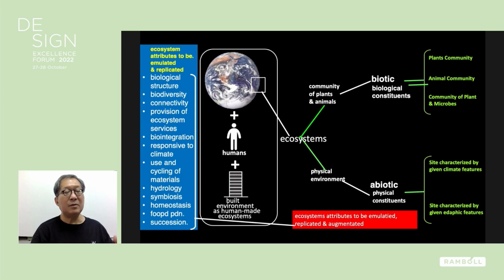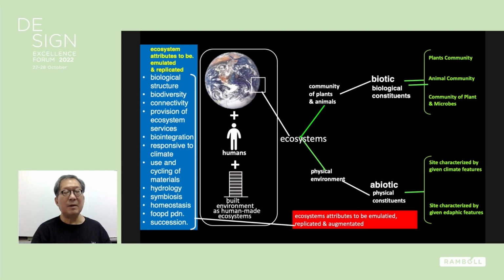So I started to do research on the properties of ecosystems that we need to emulate and replicate and augment. On the left-hand side is a list of characteristics of the ecosystem that we must emulate, so that our built environment becomes constructed ecosystems, and by being constructed ecosystems, it becomes a part of nature,